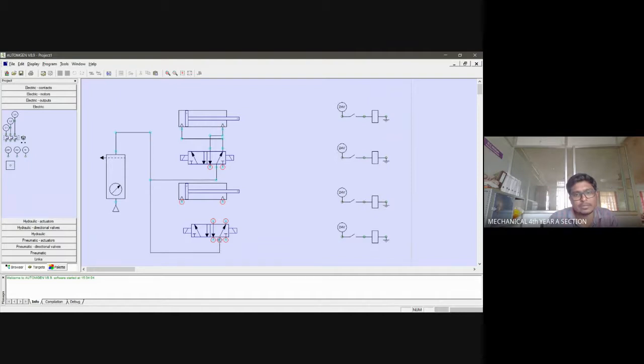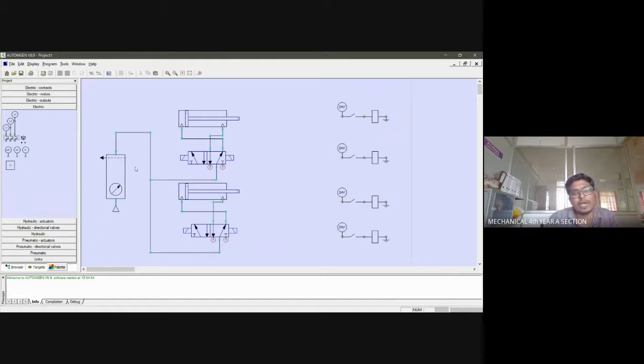Here the air is being received from the compressor and here it is sent to the cylinder B inlet port. I mean A minus, it is being sent to A minus, and from here it is taken back. You can see only two ports are being opened in each direction control valve.